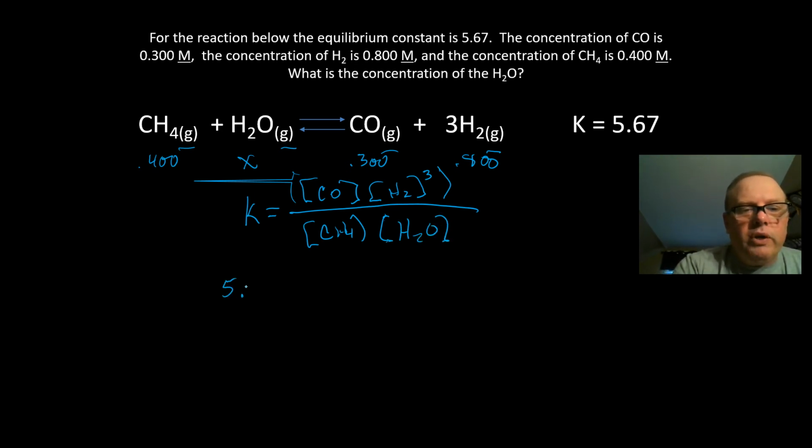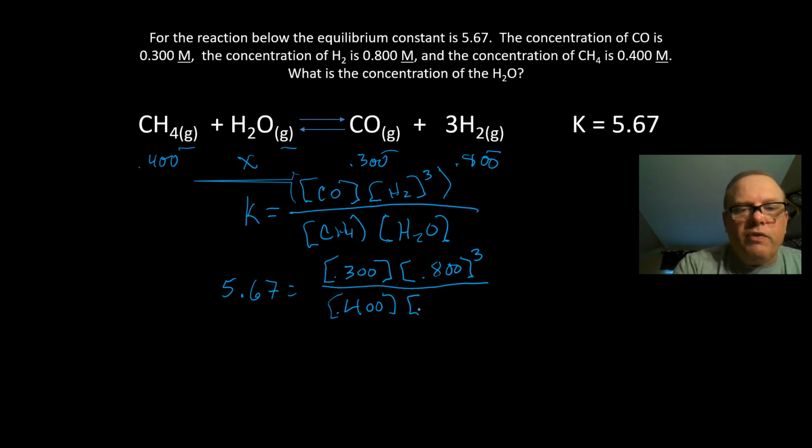So 5.67, which is K, is now equal to 0.300 times 0.800 cubed over the value of 0.400 times the value for water. So what I then did when I went to solve is I just put water over here. So water, H2O, I had equal to